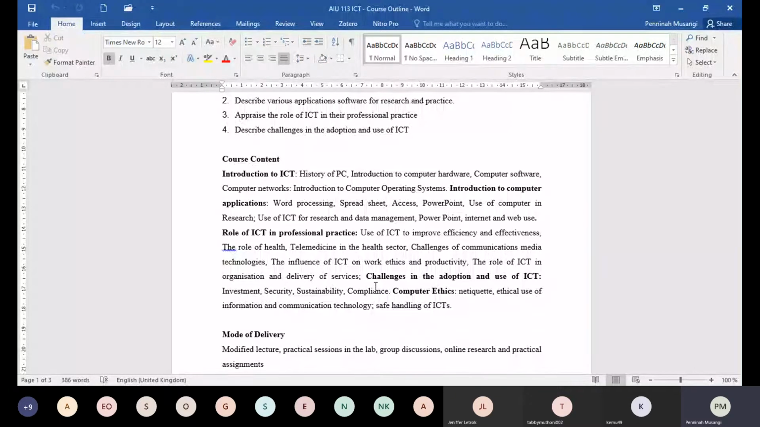So we are going to focus on the ICTs which are being applied in the health sector. So the role of ICT in health and telemedicine. Then we look at the challenges facing application of ICT, then the influence of ICT on work ethics and productivity and delivery of services. We look at the challenges in the adoption of ICT, that is the investment, the security,